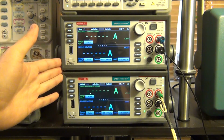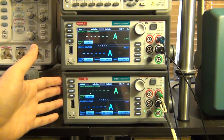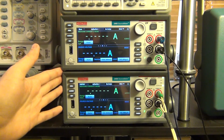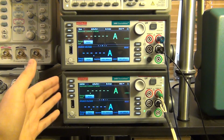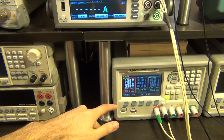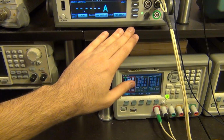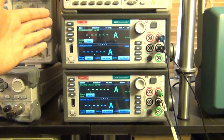So here what I've done is that I have programmed with this scripting capability to ask the user for the transconductance coefficient and the polynomial degree, and then be able to output that here. So the 2450 is simply connected to my Rigol power supply here, so I'm just putting a voltage directly into it as my voltage to the input of the 2450, which would go into the equation, and then the 2460